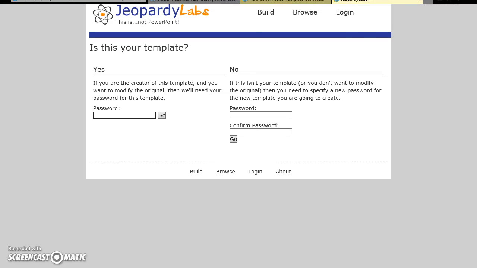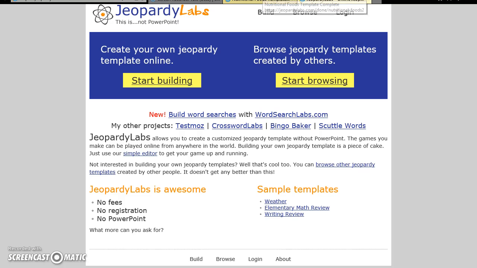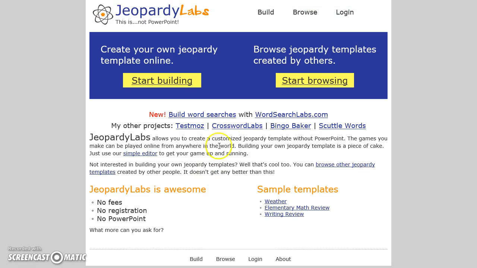And that's how you create your own. But we're going to go back to the home page, and I'm going to show you quickly how you can utilize somebody else's template. So to utilize someone else's template, you're going to go to the Start Browsing